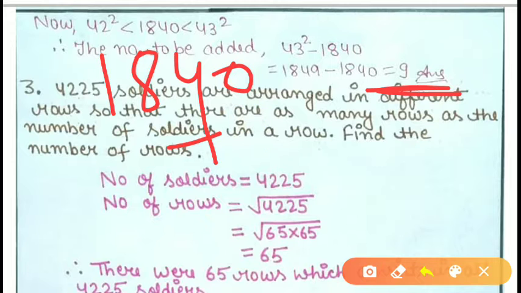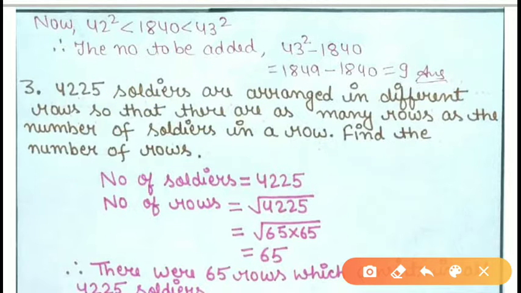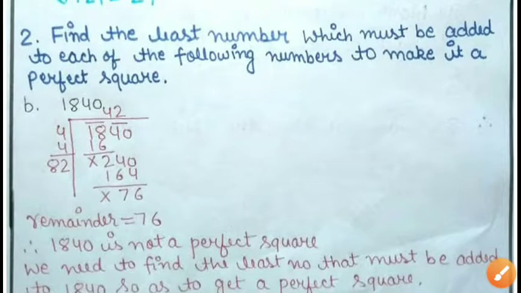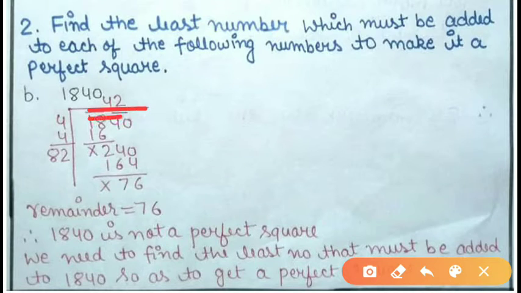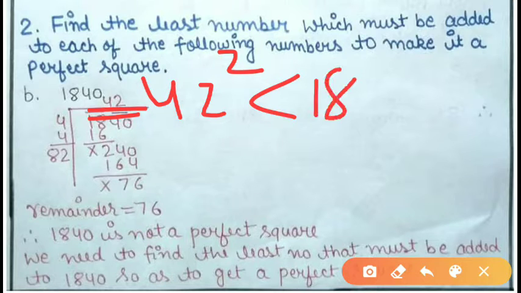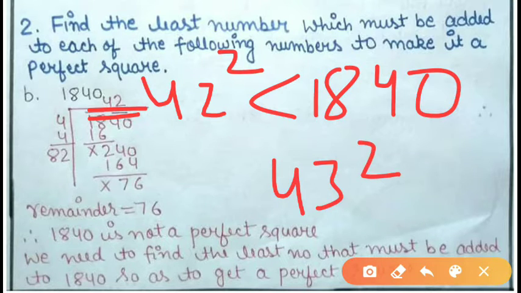In this line, maybe you all will have a doubt. Here in this line, here you are getting 42. Okay, remember one thing. When you will do 42 square, this will always be less than 1840. Okay, and after 42 it is 43. After 42, 43 is a number. When you will do a 43 square, what is the 43 square? 1849. So 1849 is greater than this number, na?